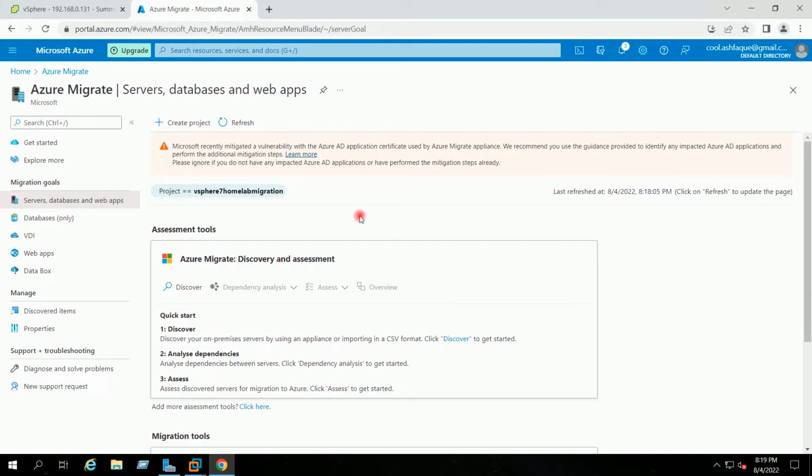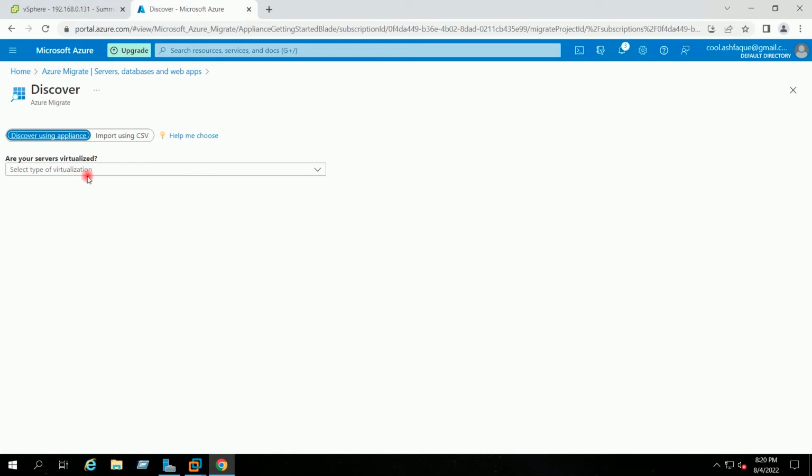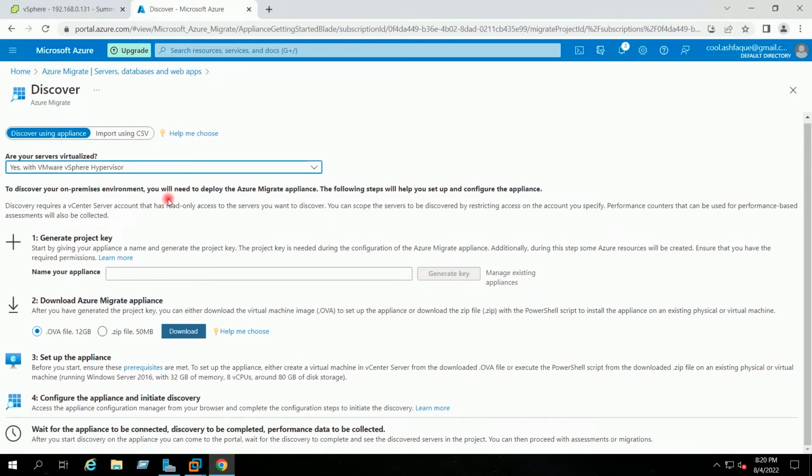I will now go ahead and click here on discover, on this page, discover using appliance. Here in the drop down I will select yes, with VMware vSphere hypervisor. So these are the steps which we need to follow to register the migration appliance.